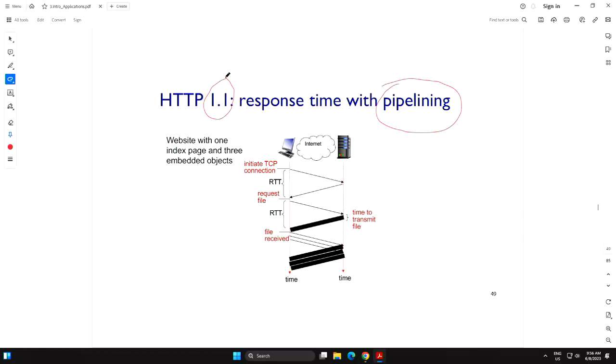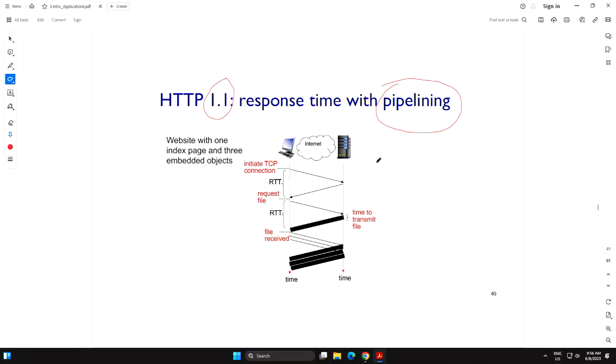You are not waiting for the first object to be downloaded before you request the second object. This is pipelining. You just send all your requests because once you download the index file, the base file, you know all the objects in your web page. So pipelining means just request all of them at the same time.